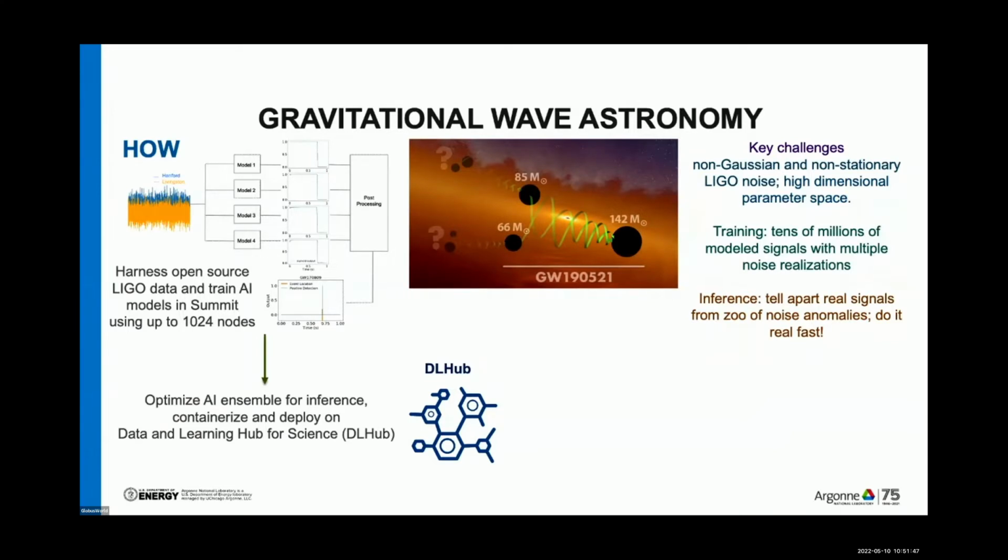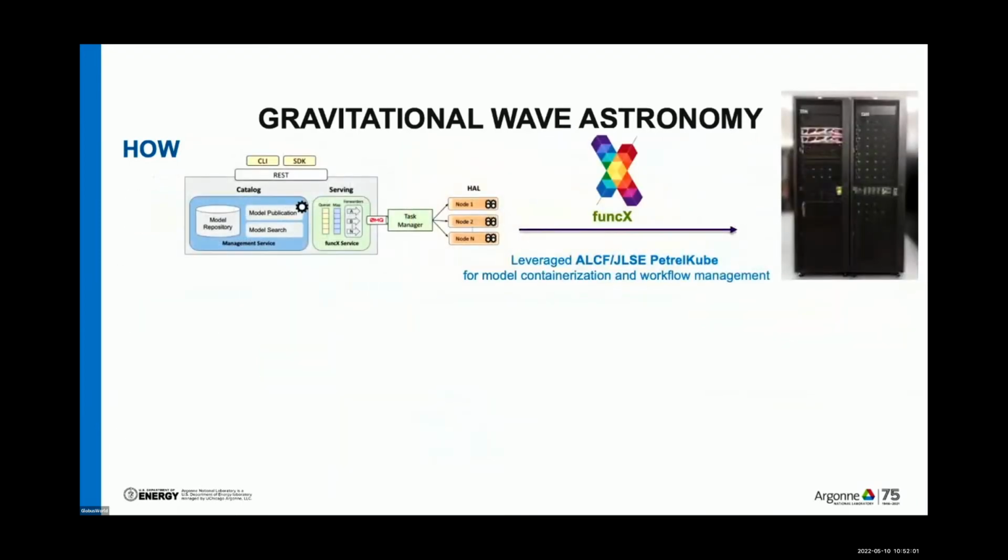And so this resource, the Data and Learning Hub for Science, is critical for this type of work. You create the models, you release them, and then the community confirms what you're finding, and then they can further develop the models. After releasing the models, I was fortunate to know at the time Ben Blaiszik, Ryan Chard, Ian Foster. And so the next question was, okay, we have the models, can we actually go and reproduce